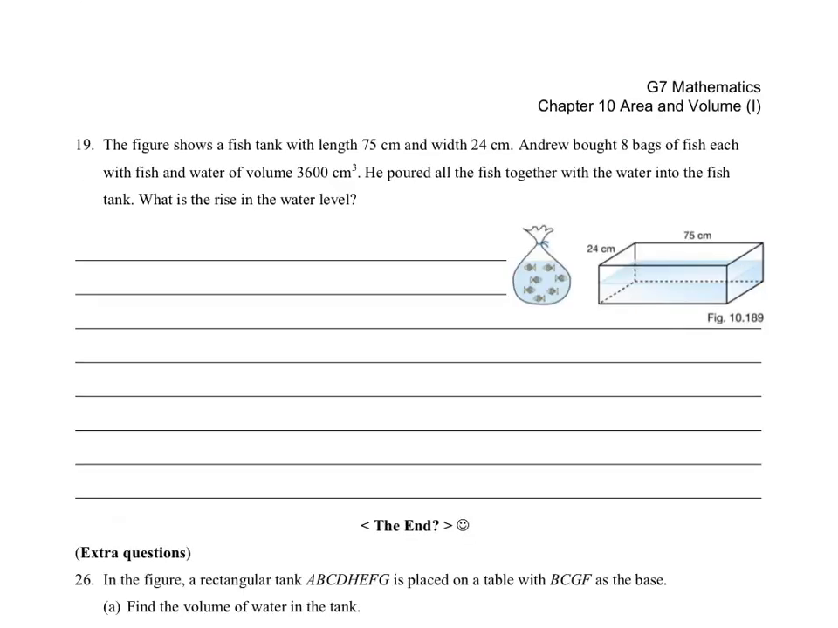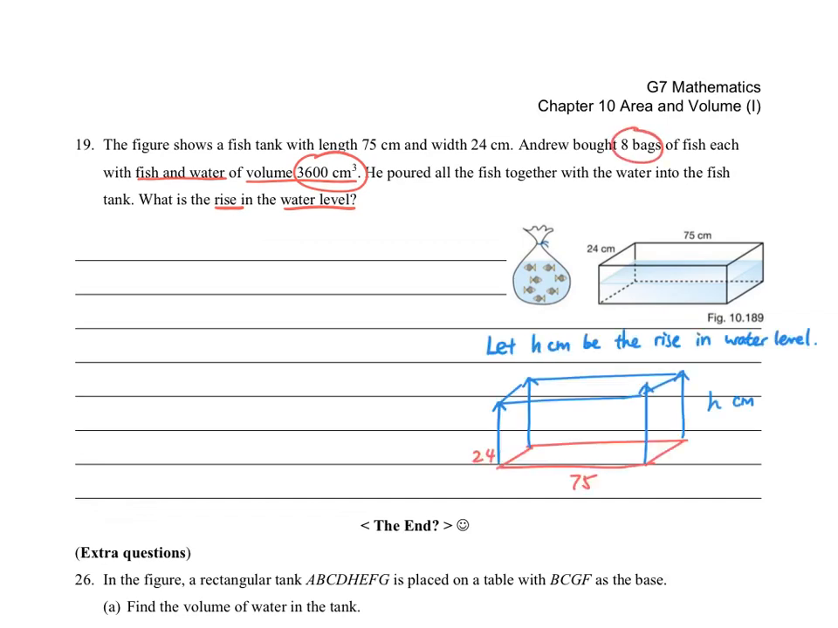Number 19 is a question asking you to find the rise in the water level. It means that how much water is displaced by putting this fish and water of volume 3600 cm cube, 8 bags into it. Suppose I let h cm to be the rise in the water level. What you need to find is the volume of this added part of the water. The volume added would be 24 times 75 times h, and then it will equal to 8 times